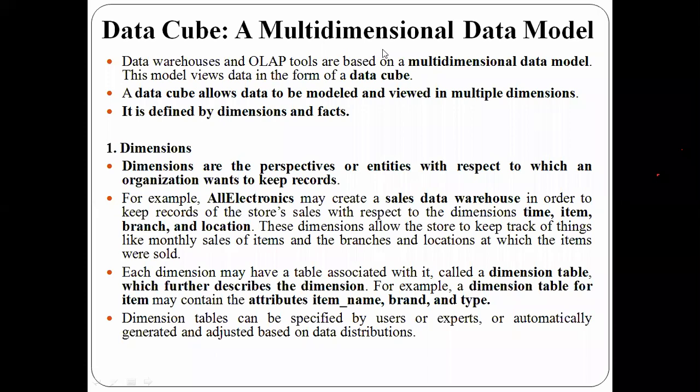Okay, so see here. In the case of a data warehouse system, the data will be stored in the format of a data cube. So a data cube is not just a two-dimensional structure. In tabular format, there are 2 dimensions, and we can represent that data in the format of X and Y axis. But the data which is stored in a data warehouse will normally have multiple dimensions. It will not have only 2 dimensions.